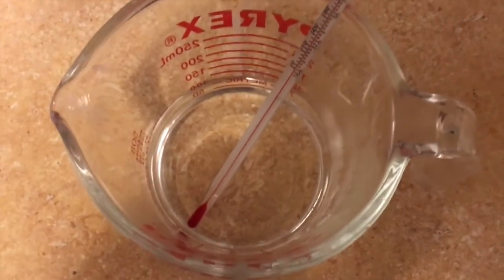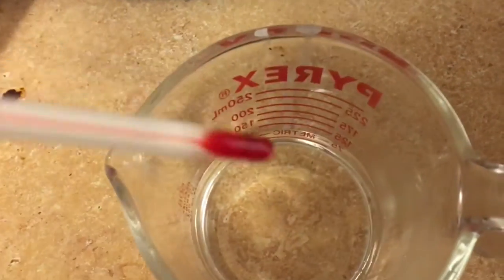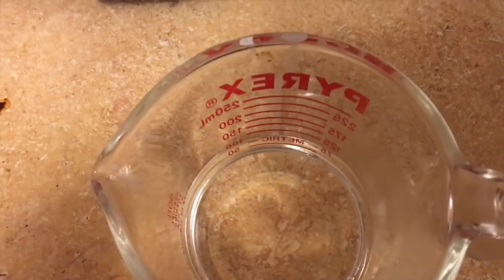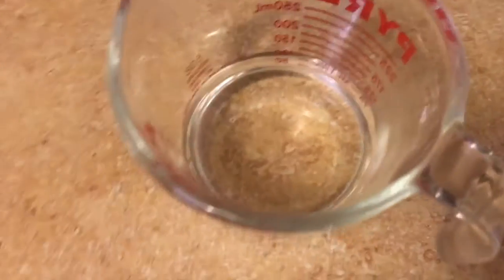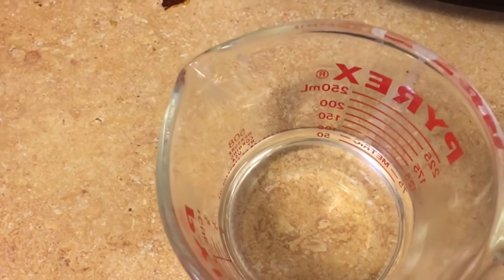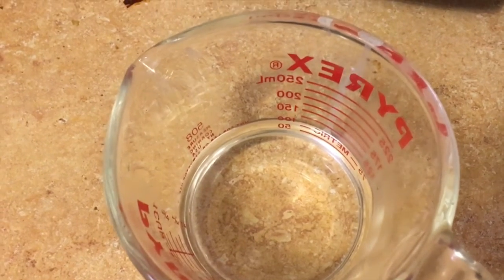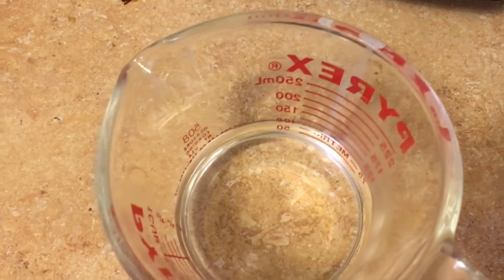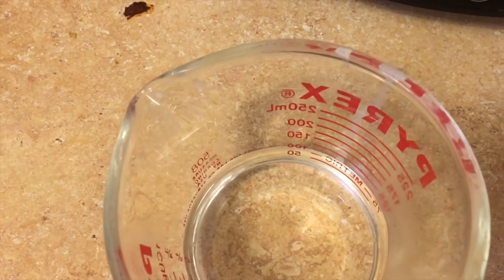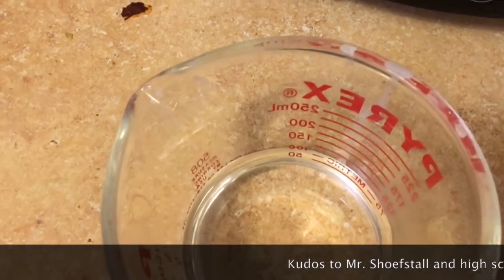Alright, what's going on here is I sanitized some water, added a little bit of yeast nutrient to it, and now I'm going to put our yeast in there to hydrate it. Okay, now how do you hydrate yeast? You take 10 times the amount of water. So if it's 11 grams, you have to add 110 grams of water to a solution,